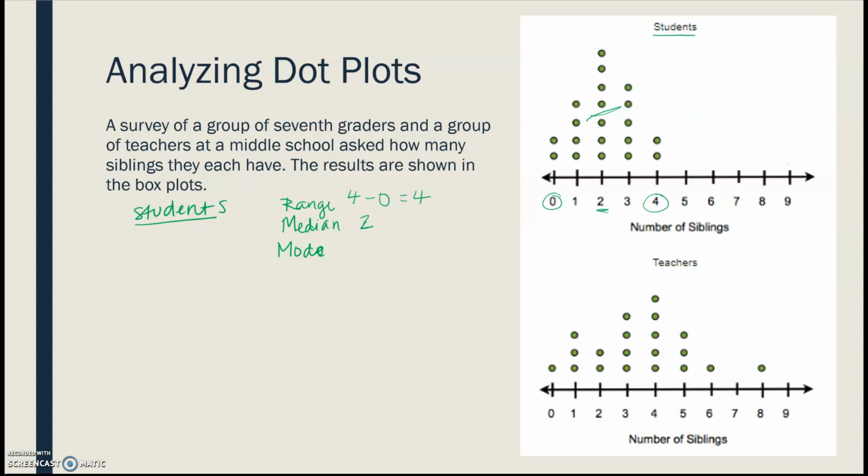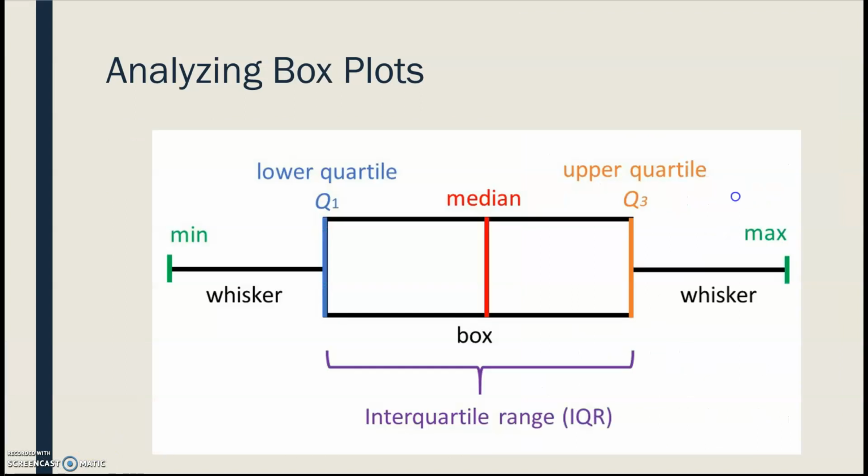And then mode is the number that's most often. So here, the number with the most dots above it is 2 as well. And then some of your questions have mean. So mean is your average. So you're going to add all your points up. So I'm going to go ahead and do that real quick. So 0 plus